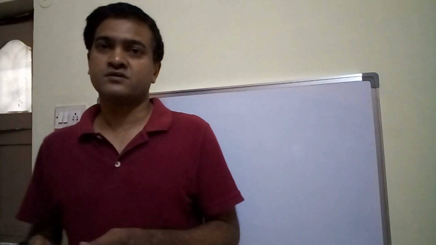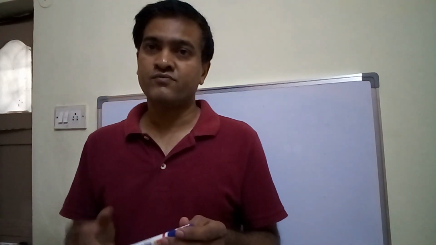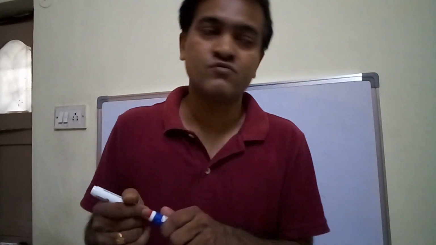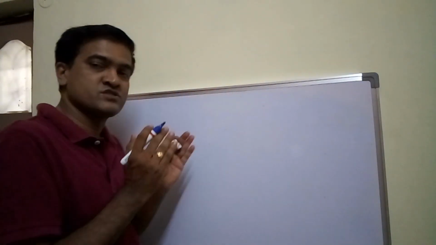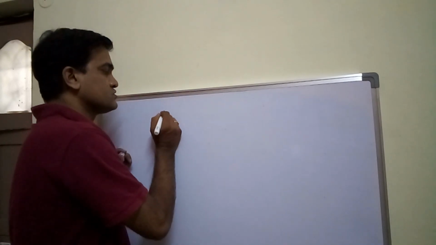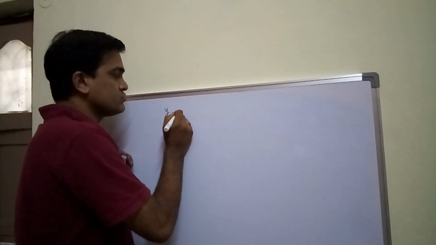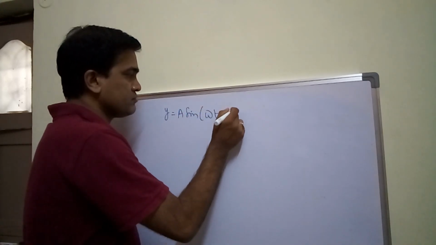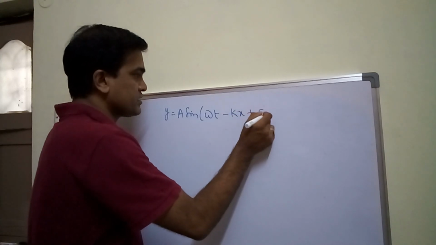Hey guys, let me continue the session which we have closed earlier. Generally, the wave becomes complete only when I write the wave in terms of time, displacement, and phase. So this is a general equation. What we write is the equation of a plane progressive wave: y is equal to a sin(omega t minus kx plus phi).